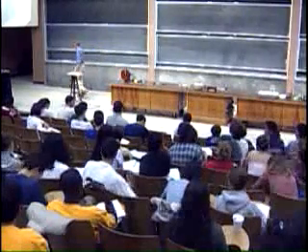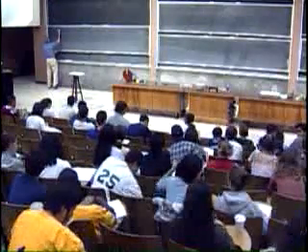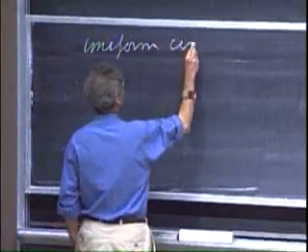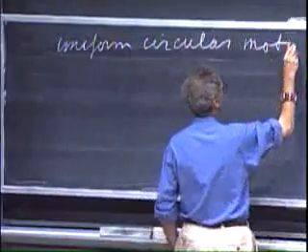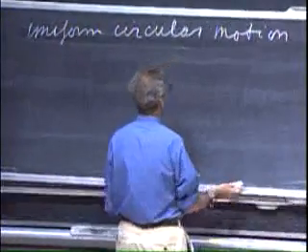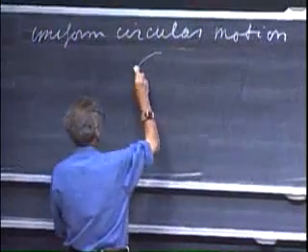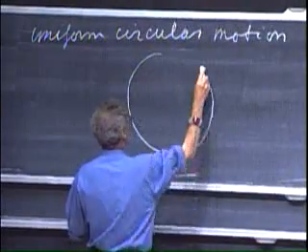Today we will discuss what we call uniform circular motion. What is uniform circular motion? An object goes around in a circle,